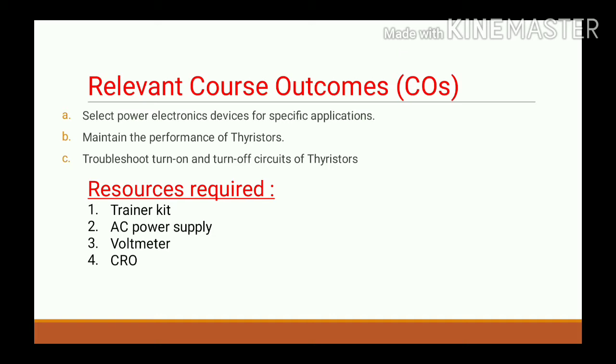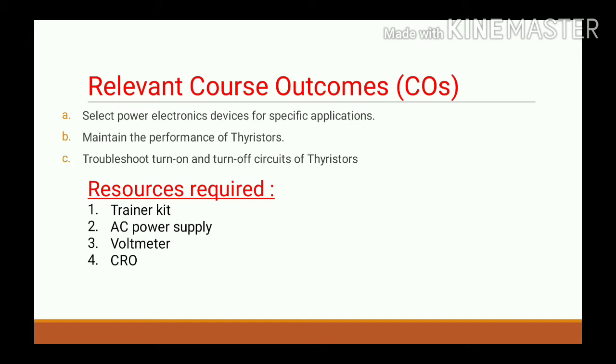Then in a class E commutation, this is also known as the external pulse commutation circuit, in which a reverse voltage is applied across the SCR. Load current flowing through the SCR becomes 0 when a reverse voltage of magnitude equal to that of the supply voltage is applied across the SCR. Then in a class F commutation, AC input is given to the control rectifier circuit. In a single phase half wave control rectifier, SCR conducts in the positive half cycle and turns off naturally due to the reverse voltage in the negative half cycle.